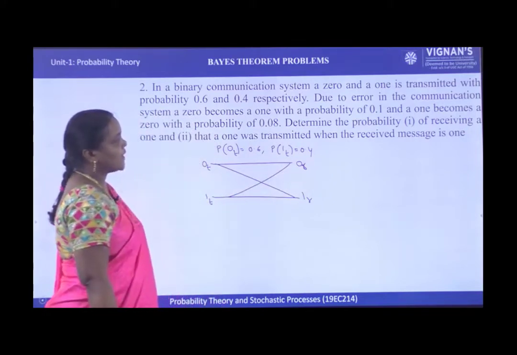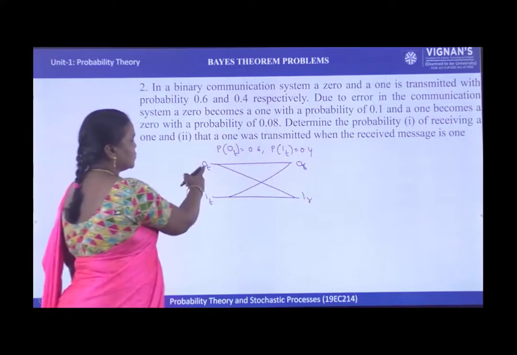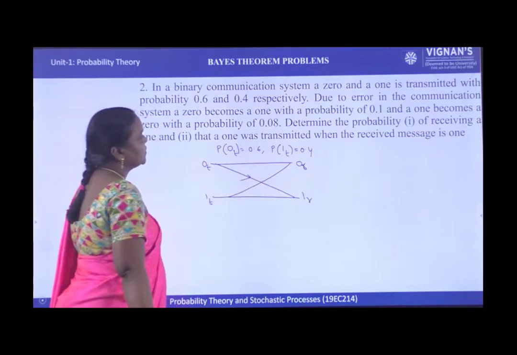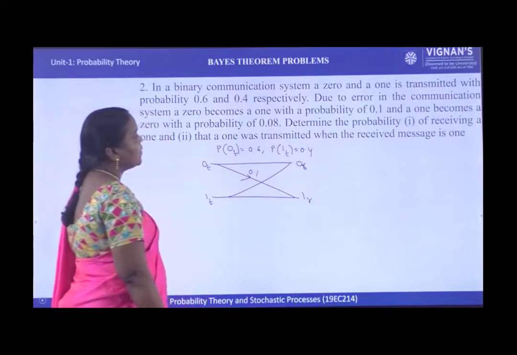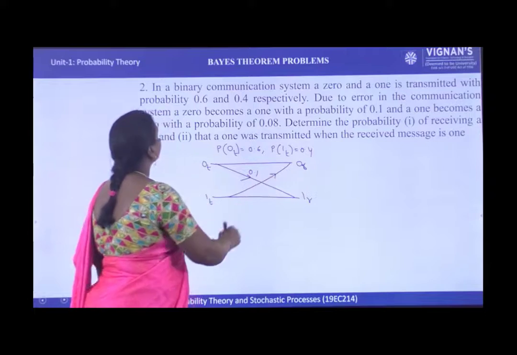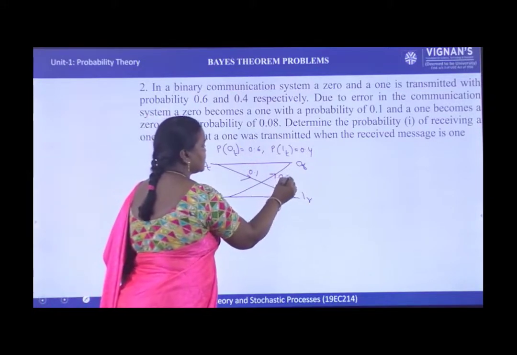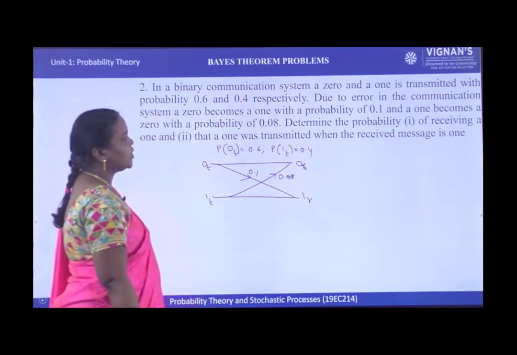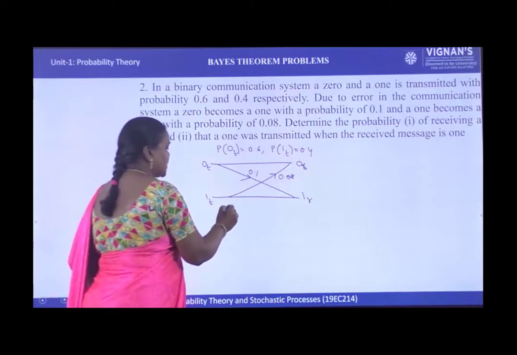Now, due to error in the communication system, a 0 becomes a 1. So, 0 transmitted becomes a 1. So, with what probability? 0.1. And 1 becomes a 0 with a probability of 0.08. Determine the probability of receiving a 1. That means you need to find probability of